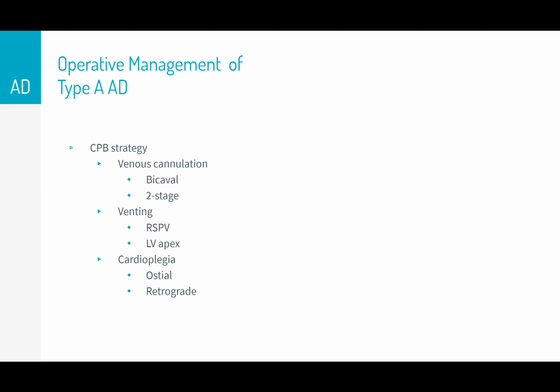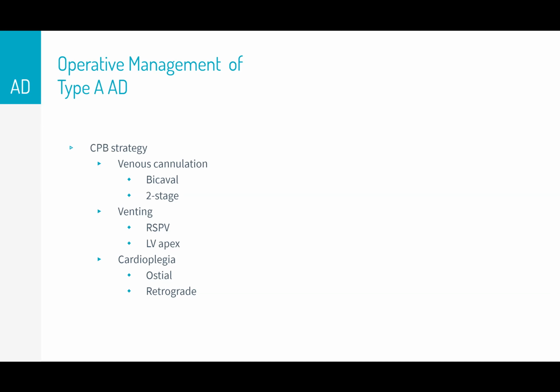So, cardiopulmonary bypass strategy, venous cannulation, either it can be bicaval, so that will help you if you want to do retrograde cerebral perfusion. So at that time, you need to have it as bicaval. But before going to that area, from the beginning, the most important thing is you review the patient and the imaging before you go to the operating room. So at that time, you have full planning of what you will do. For example, you will do axillary or you will go with the femoral one. You will do central cannulation,